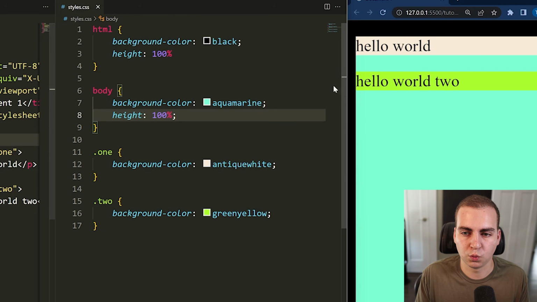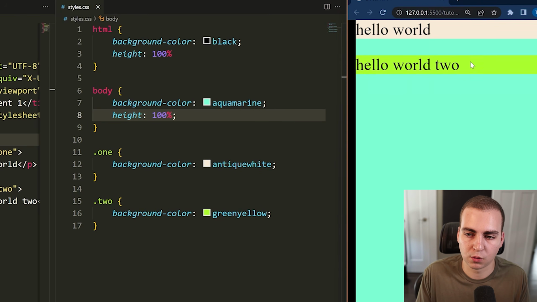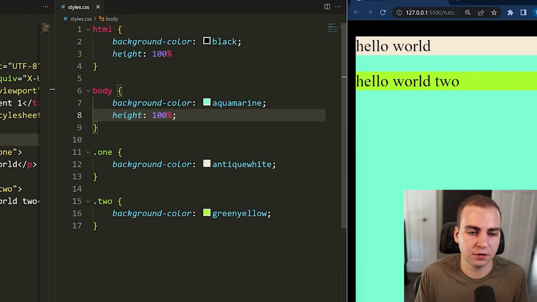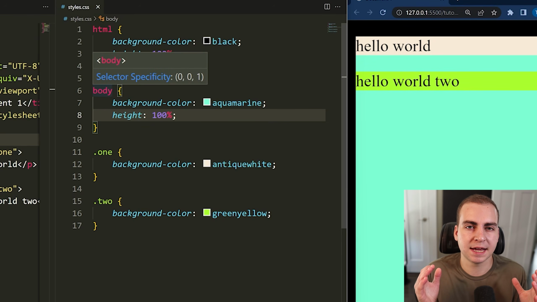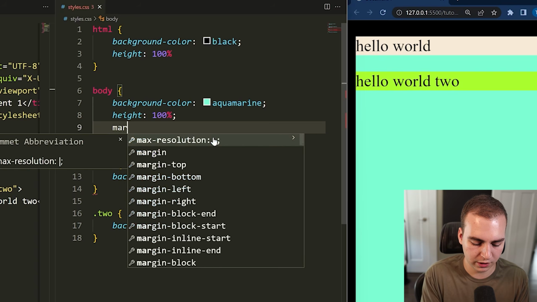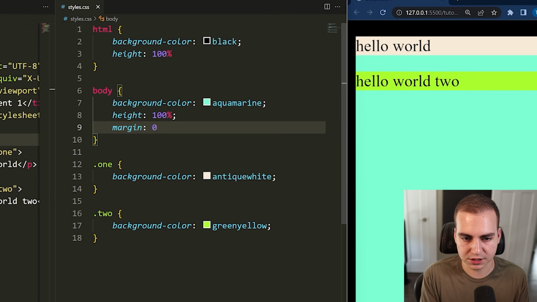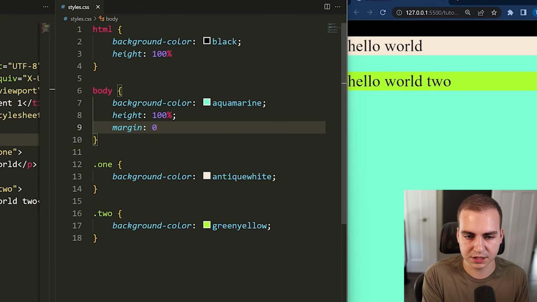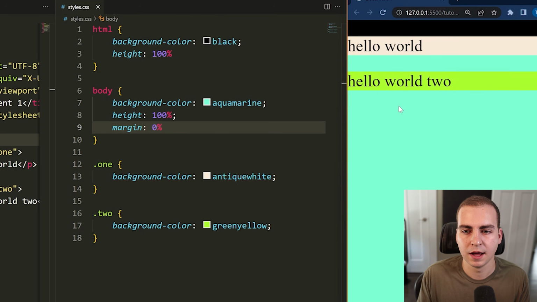Next thing I'll talk about is why we have this kind of black, really margin is what it is, around the body. By default, your body is going to be kind of offset from the HTML document itself very slightly so that you don't get all of your content squished up against the edge of the screen. Now you can remove that if you want using a margin property. If we just set margin equal to 0%,